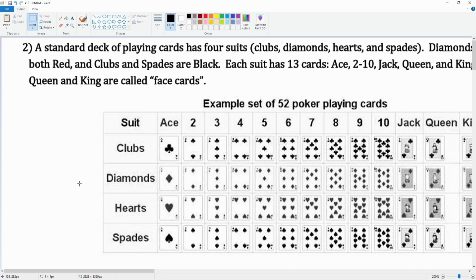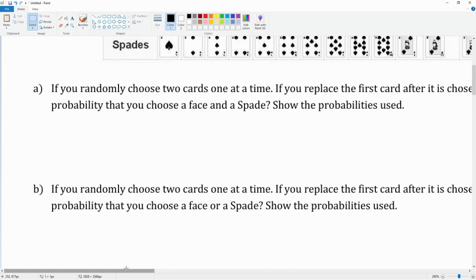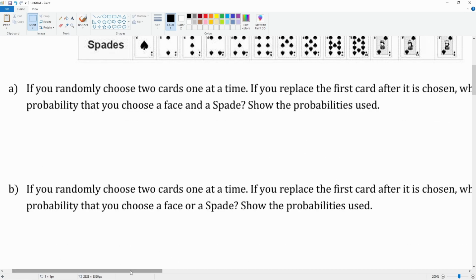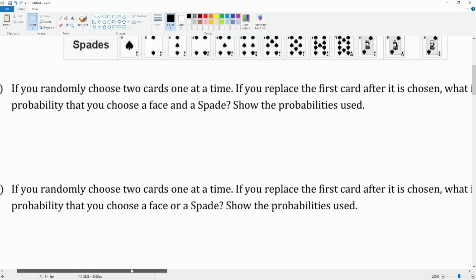Here we have number 2. We have a standard deck of cards here. There's 52 of them. First question: if you randomly choose 2 cards at one time, and you replace the first after it's chosen, what is the probability that you choose a face and a spade? Show the probability used. So we're going to find the probability of a face and a spade, and it is